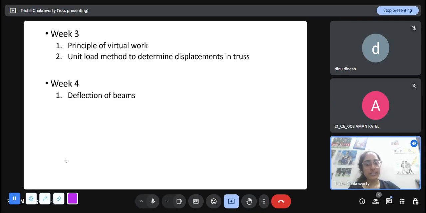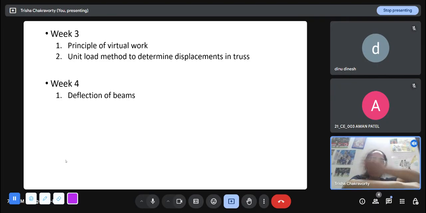And in beams, the force applied on the beam is a transverse force. If there's a beam and the force is perpendicular to the length of the beam, it deflects in a profile along its length. In a truss, the member just elongates or shortens along its length, but in the beam, the deflection is perpendicular to the length of the beam, and there's a profile which varies along the length.